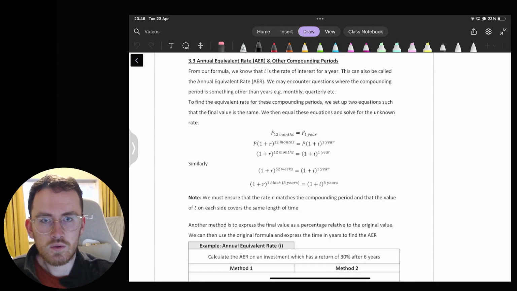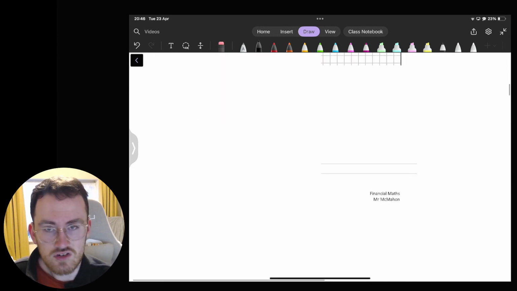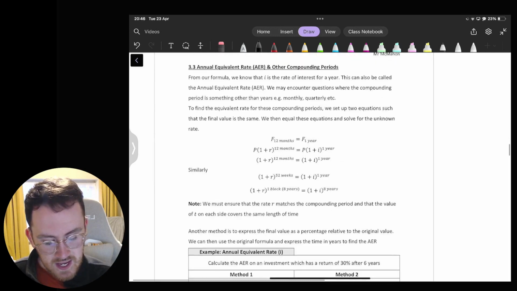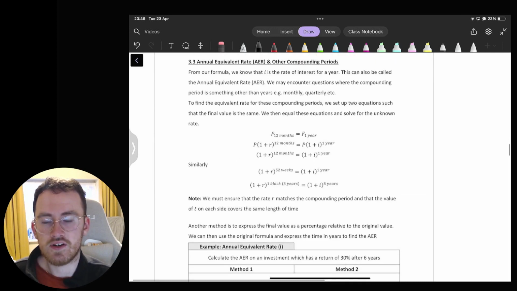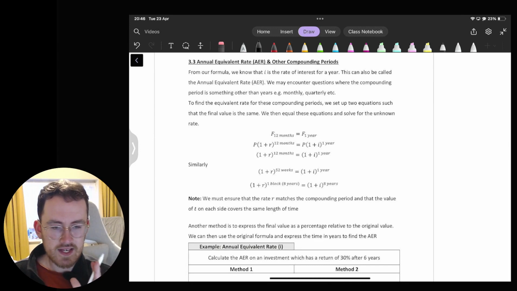Okay, we're just going to look at a hopefully quick one on changing our interest rates. Changing the different interest rates depending on the length of time that I have. What we call that is the compounding period. So when we're looking at our interest or depreciation or whatever it is that we're looking at, investments, loans, whatever it is,